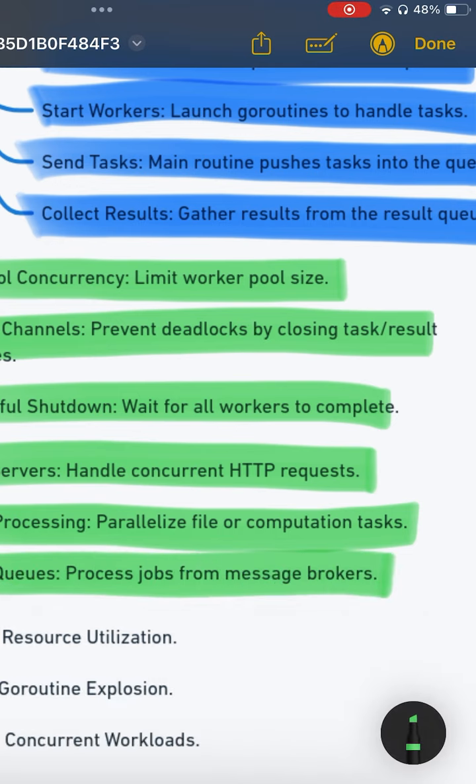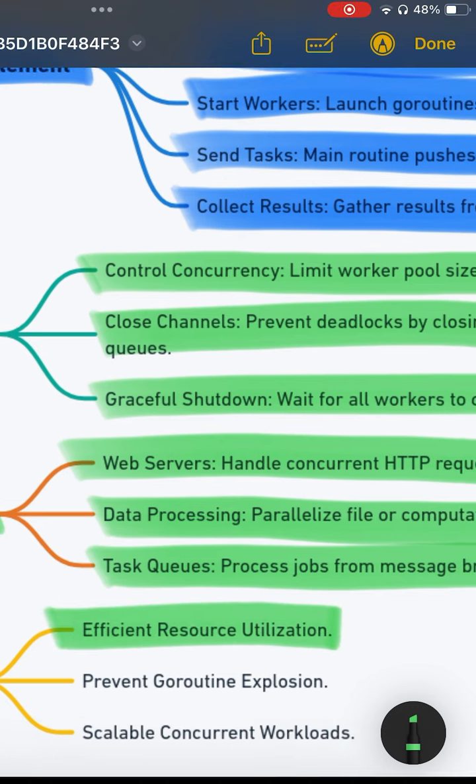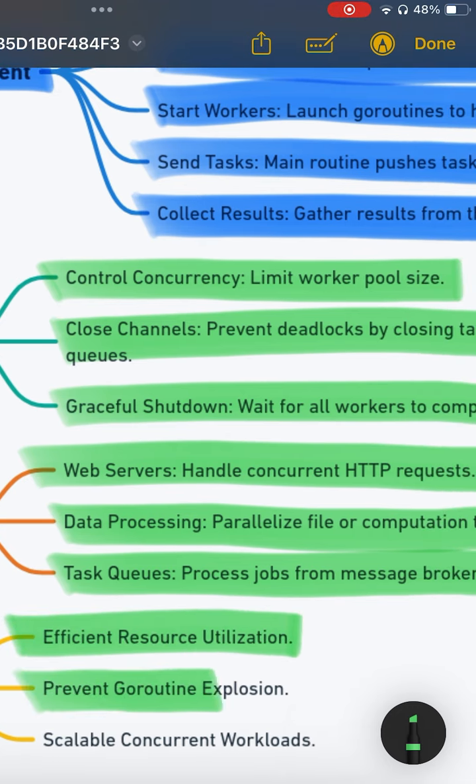Benefits of worker pools in Go. Efficient use of system resources. Controlled concurrency to prevent goroutine explosion. Simplified task distribution and result collection. This approach ensures scalability and reliability for concurrent workloads in